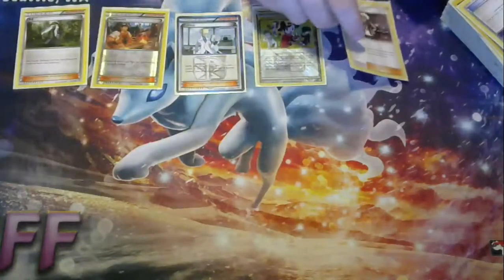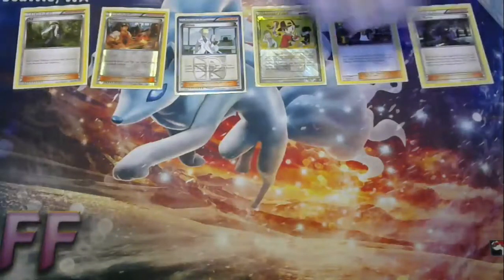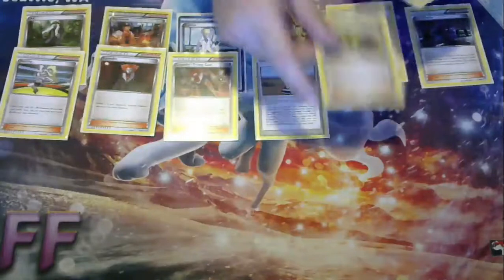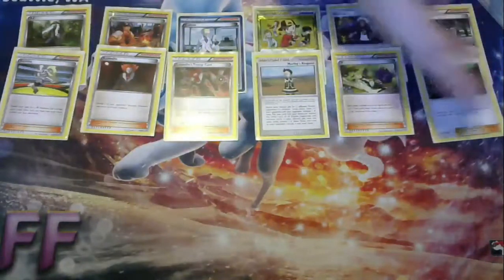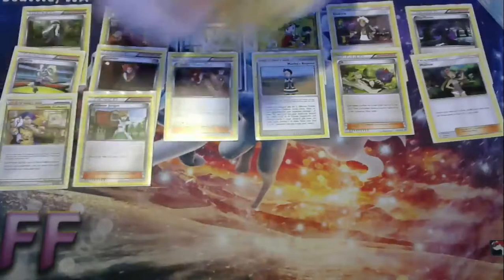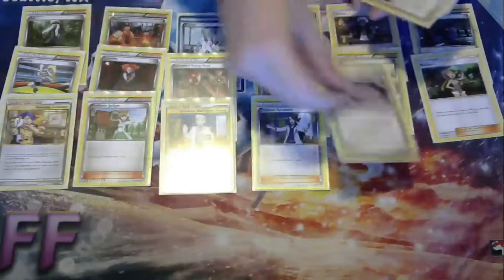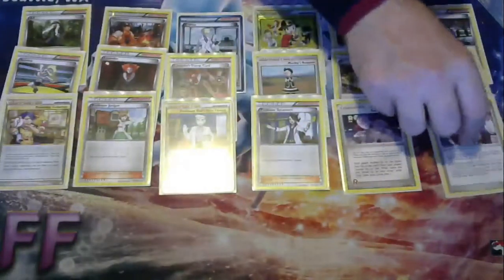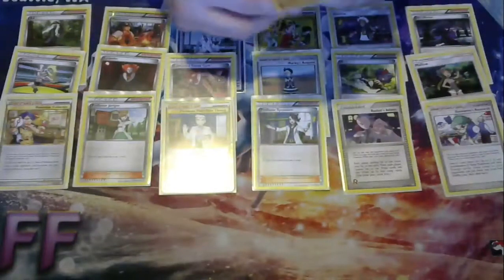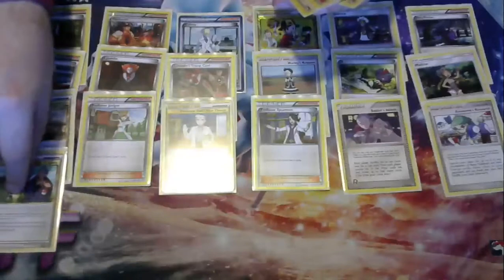Colress, Copycat, Guzma, and then Hex Maniac there. Karen, Lysandre's Trump Card, Marley's Request, and Mallow. All standard looking stuff so far. We're going to be collecting, we're going to be junipering, oaking, sycamoring, admining, and researching. That almost worked. And then your last couple cards you're going to play a Sage's Training as your extra draw